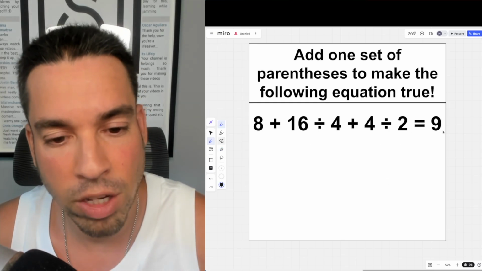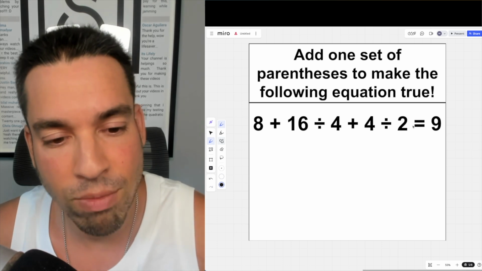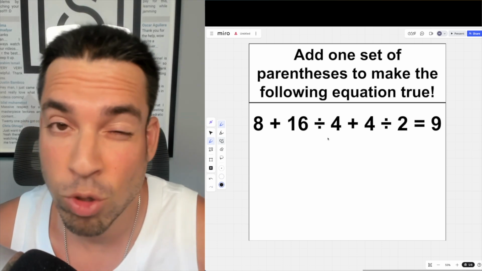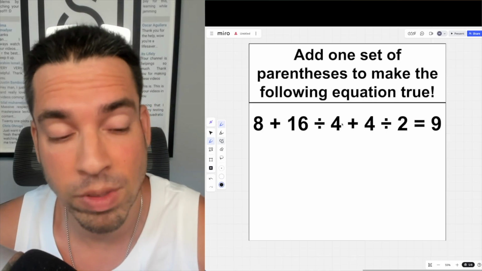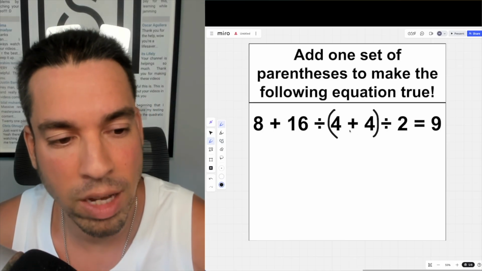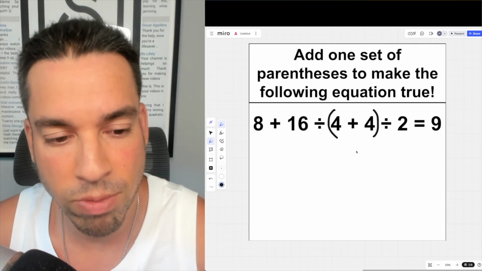So we're going to take a look here. Now, if we see everything happening from left to right, the division is naturally going to happen first. We probably want to change it so that some sort of addition is happening first. So if we group these two together, what happens is we're going to do 4 plus 4 first, which is